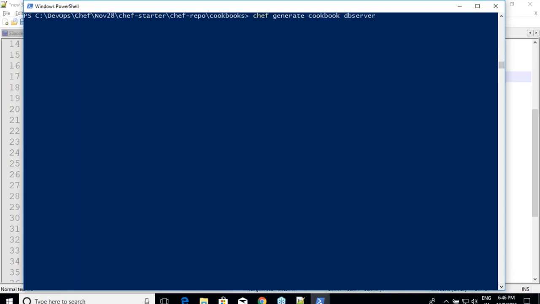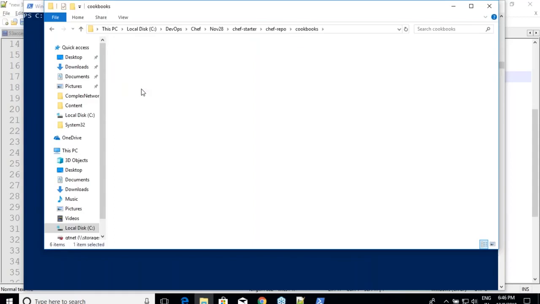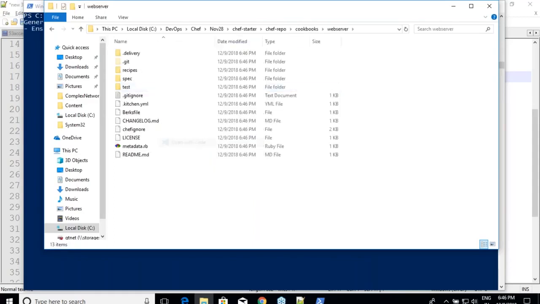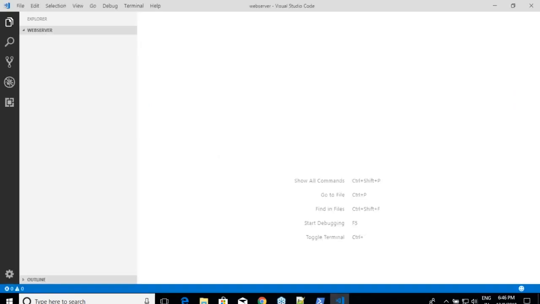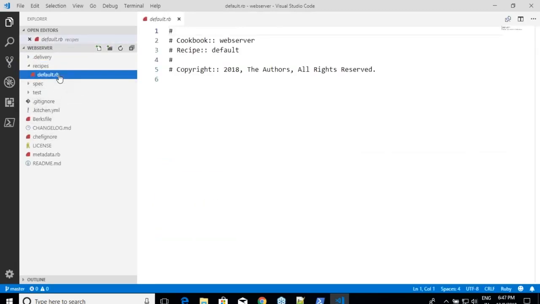Okay, while it is doing its job, let us prepare cookbooks. What was it? Web server. Let me open Visual Studio Code. Okay. Let me go to the recipes, default.rb. All right.